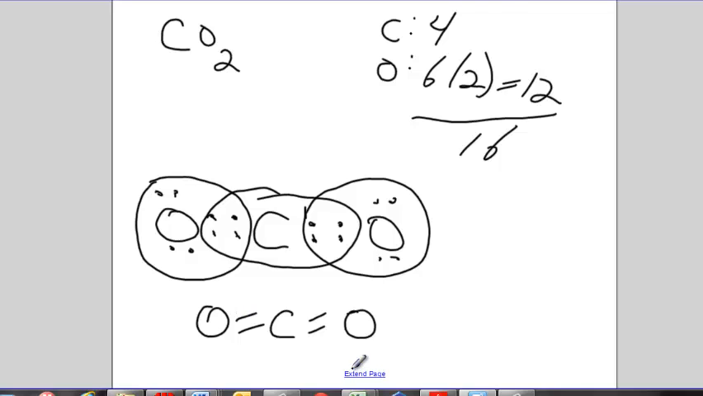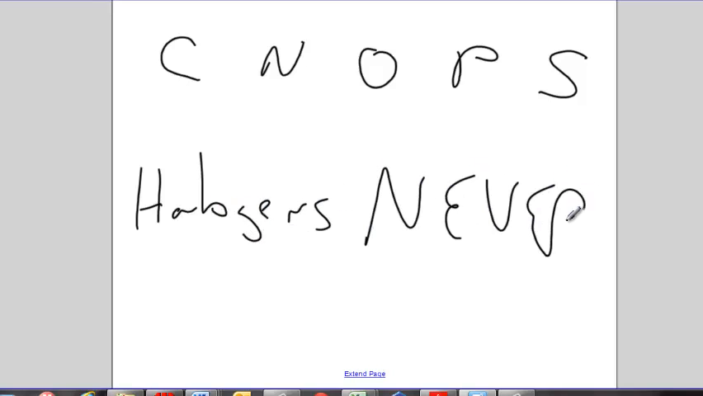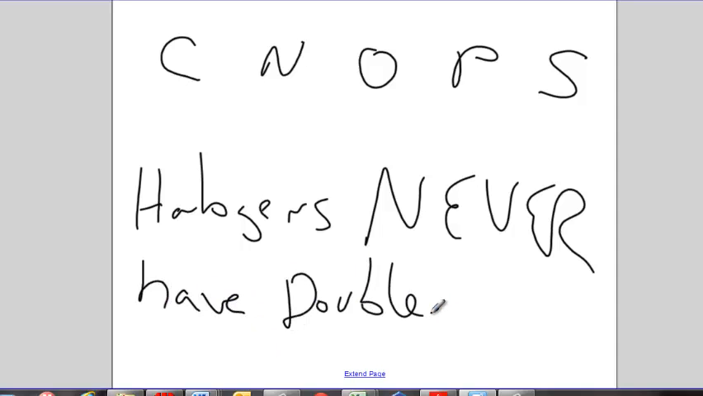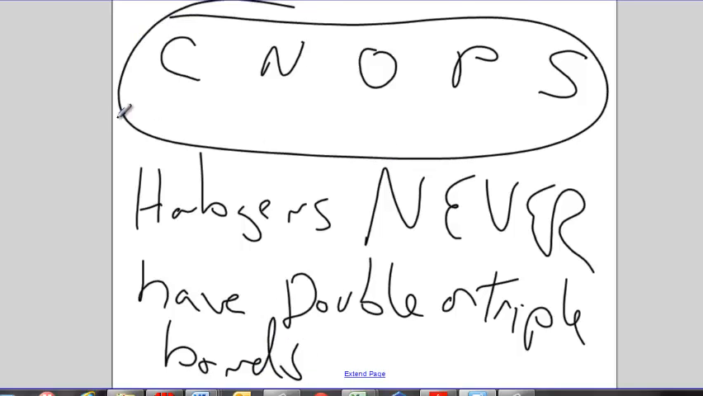The only things that are allowed to be double bonds: carbon, nitrogen, oxygen, phosphorus, sulfur. Those are the only elements that have double or triple bonds, and only amongst each other. Okay? Halogens never have anything but single bonds. Okay? Never double or triple bonds. Okay? Only these guys and only with each other. Of course, a triple bond is something like